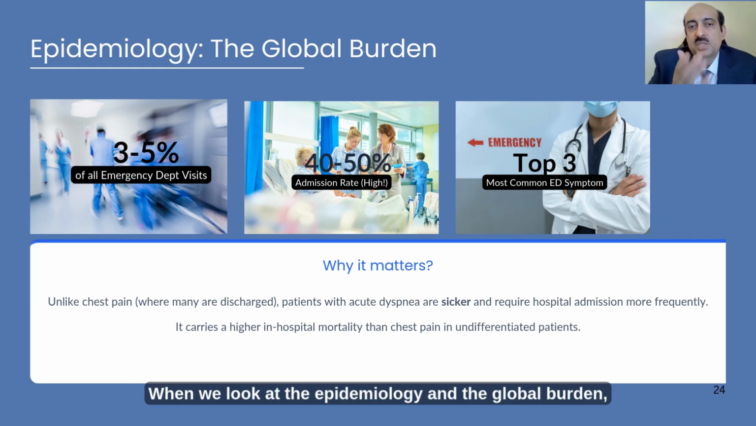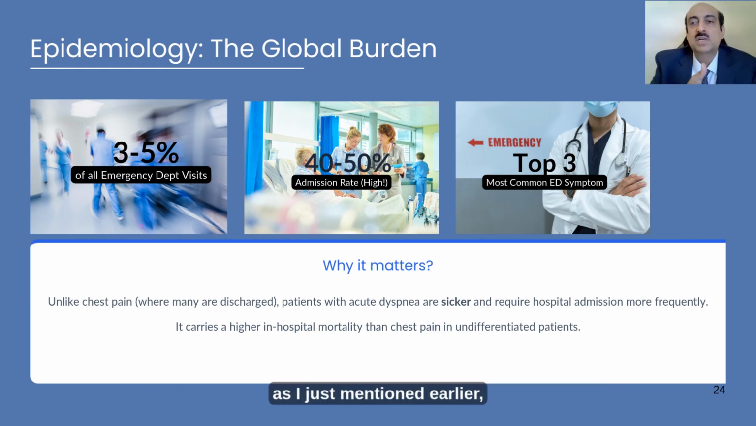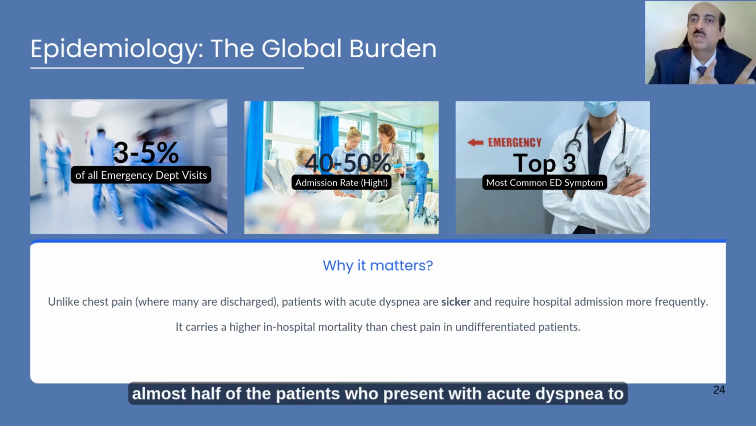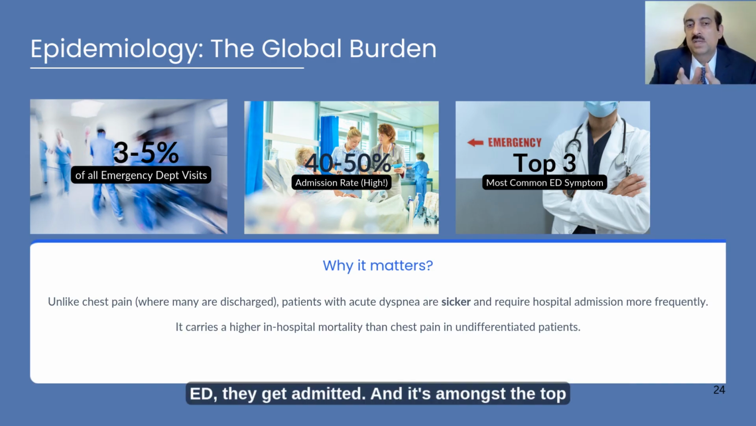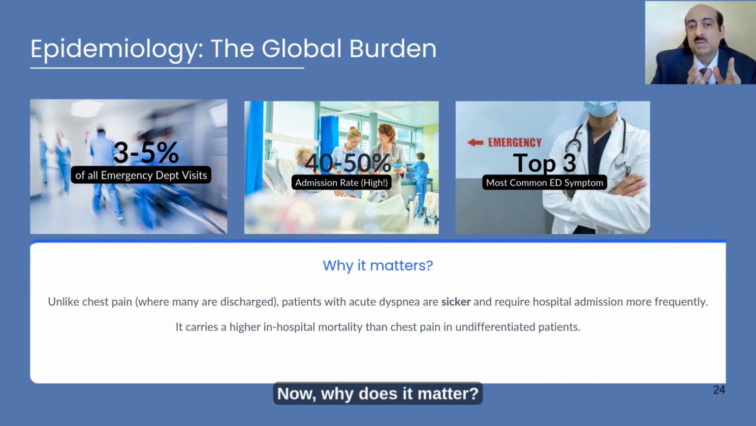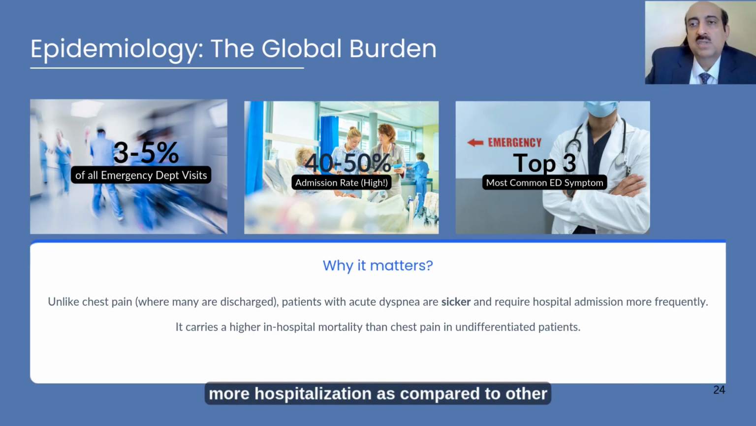When we look at the epidemiology and the global burden, as I just mentioned earlier, it's around 3 to 5% of ED visits. But in contrast, almost half of the patients who present with acute dyspnea to ED get admitted. And it's amongst the top 3 ED presentations all over the world. Now, why does it matter? Because if you compare it with acute chest pain, around 1 to 2% of those patients are actually admitted and the rest are discharged. So it clearly means that the patients with acute dyspnea are sicker and hence require more hospitalization as compared to